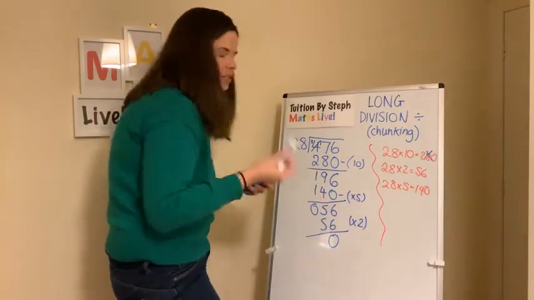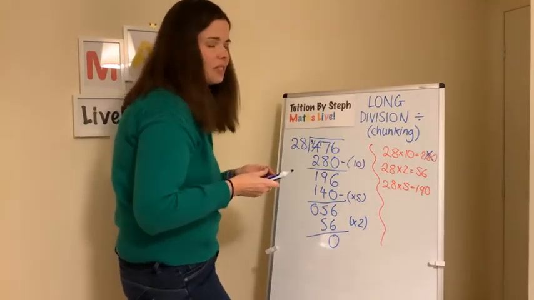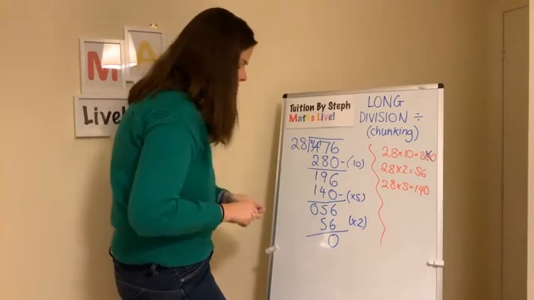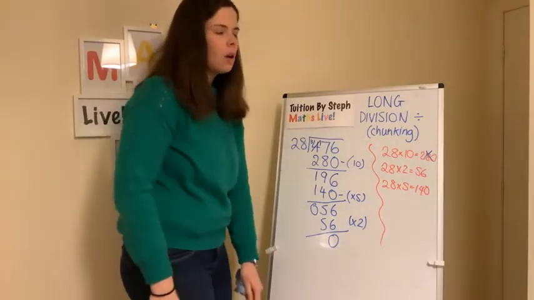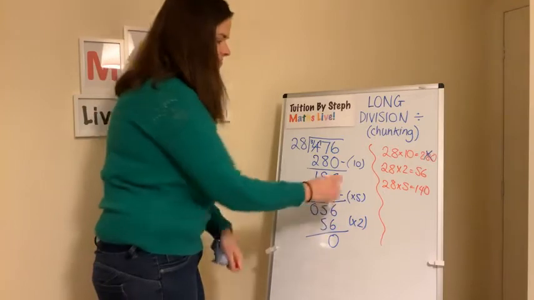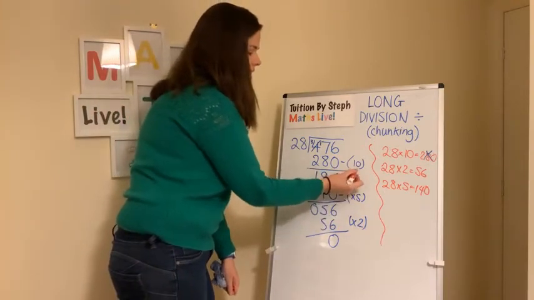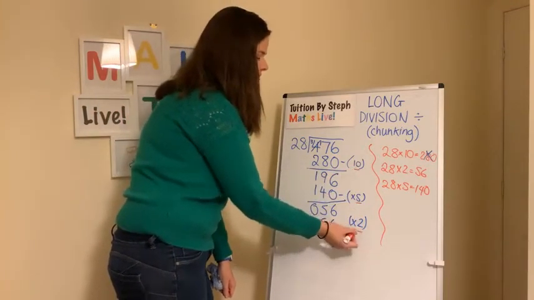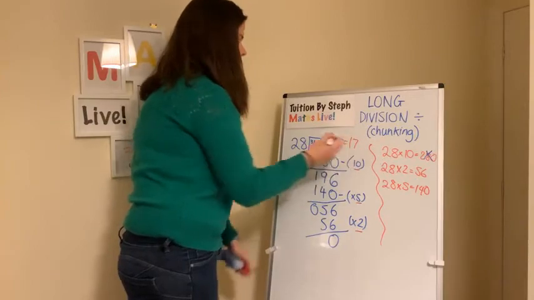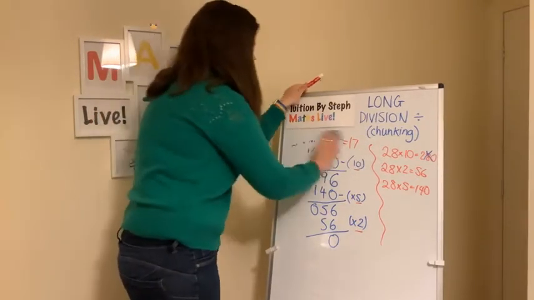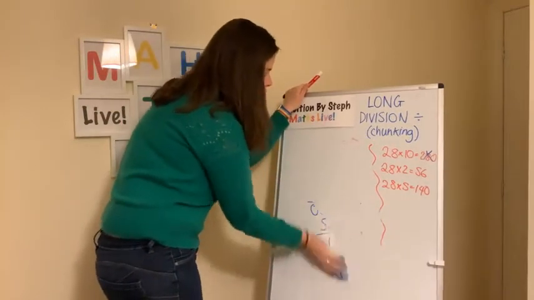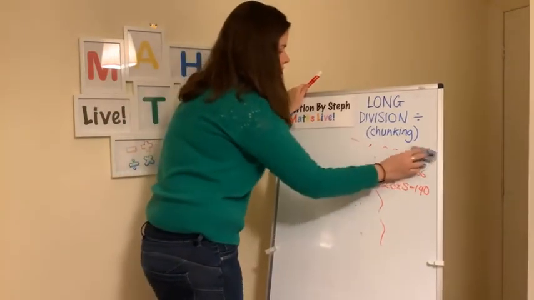Okay. Obviously, I'm going to do this more than once. I hope we'll get it right the second time. Right, well, Steph, what's the answer? You've done all this taking away. What's the answer? These numbers here. 10, 15, 17. 476 divided by 28 is 17 when Steph can do the subtraction correctly.